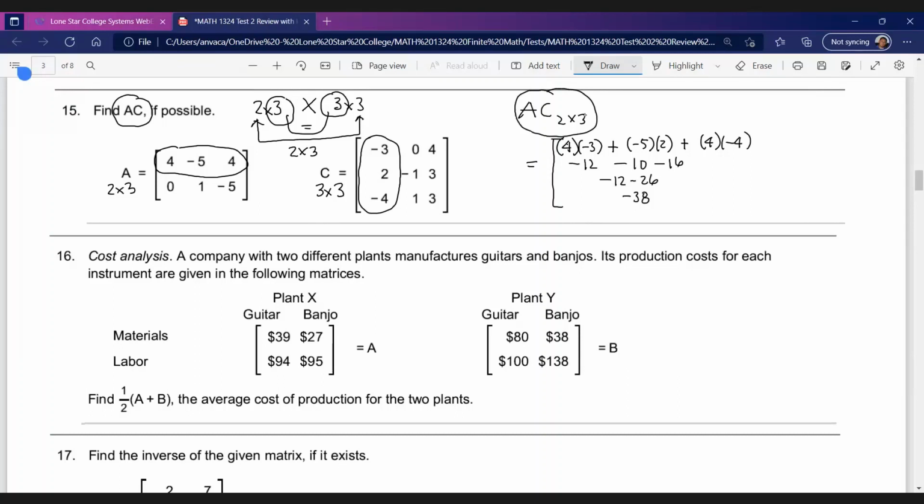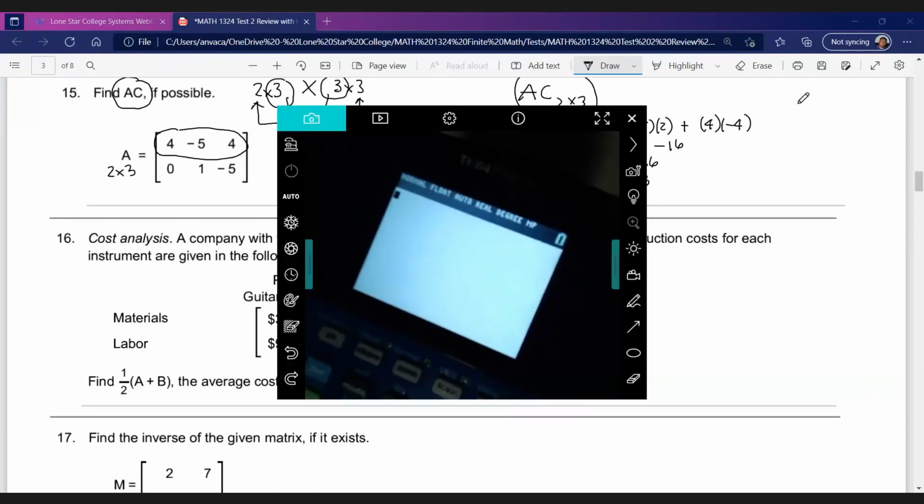Okay, but now I'm going to use the calculator and produce a solution. So let's hit pause. Okay, so going back to